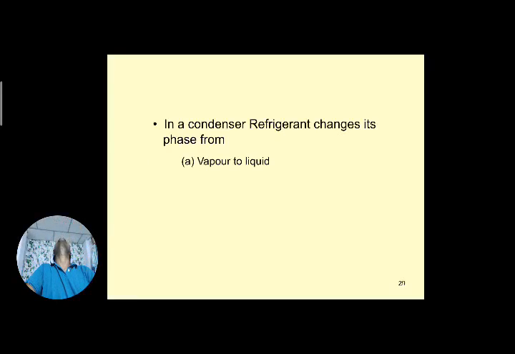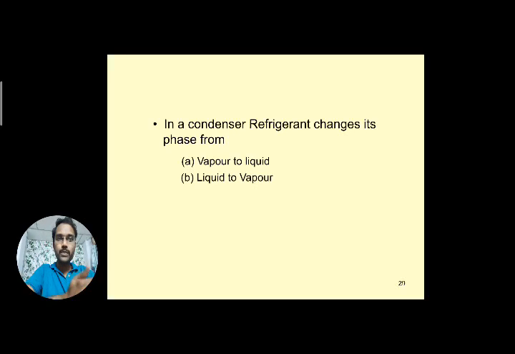So here the condenser, the refrigerant changes its phase from... So condensation process, nothing but condense means liquid. So the vapor refrigerant is converting to the liquid refrigerant. Why? Because if you observe from the compressor, it is coming in the form of a superheated vapor. In the condenser, first it condenses to saturated liquid, then the change of its phase is taking place. So finally it is converting from vapor to liquid form. That is a condensation process.